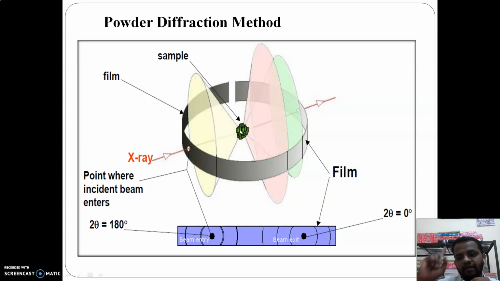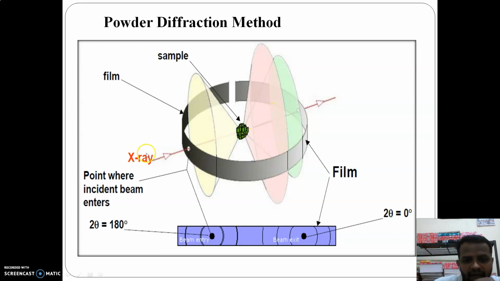Now, earlier, if you can recall, for the Laue transmission method we have two subclasses. The first one was the transmission method and the second one was the back reflection method. For the same cause they have been classified into two forms. In the transmission method, the photographic film was placed after the crystal, and for the back reflection method it was placed before the crystal. The advantage they have taken is that diffraction will occur in both directions, in the forward direction and in the back direction. Same advantage is taken in this method also.